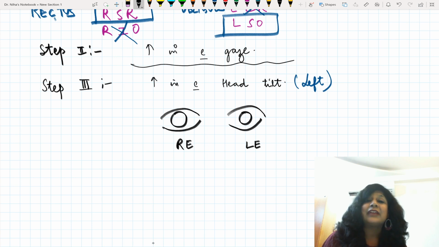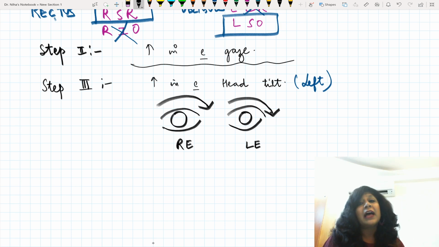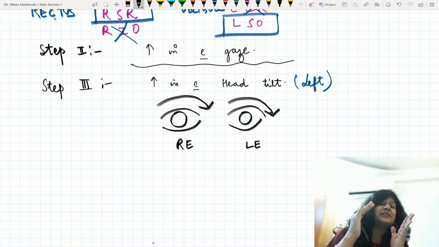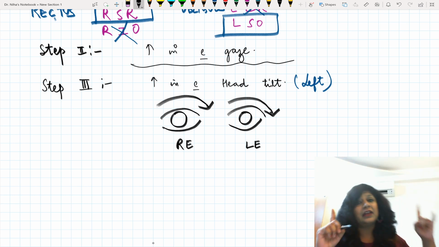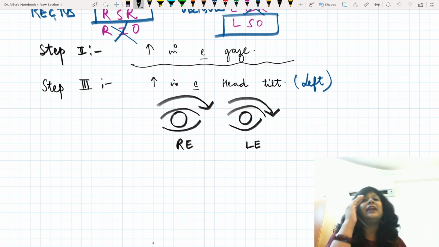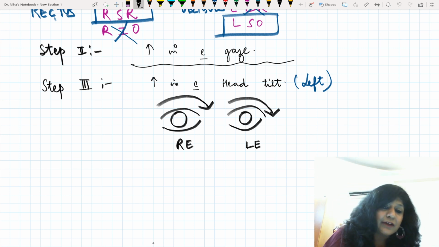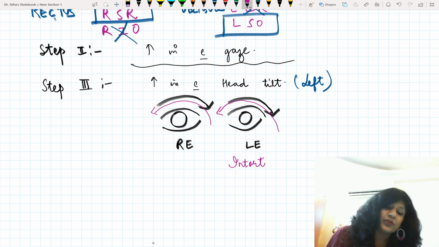Now the left head tilt like this. So the head is going like this and the head is going like this. Now what will happen? There is a counter rolling mechanism. We have always discussed this, right? So if we are tilting the head to the left, what will happen? The same side eye will intort and the other eye will extort. So if you are tilting the head towards the left, this eye will go like this, so this will intort, while this eye is going like this, so this will extort.